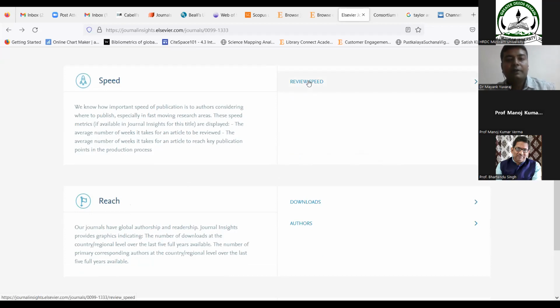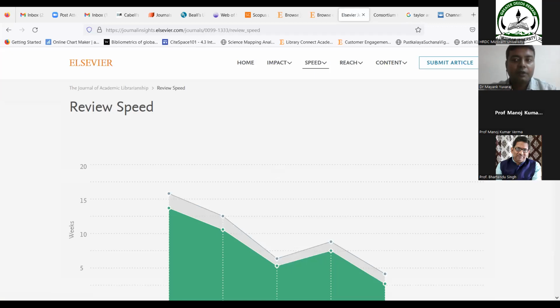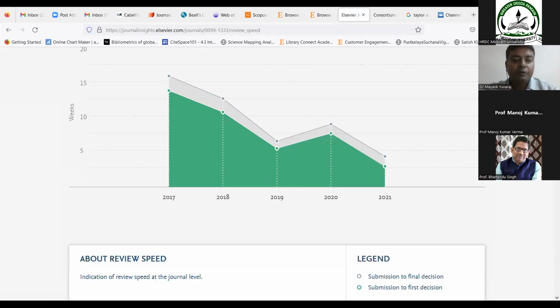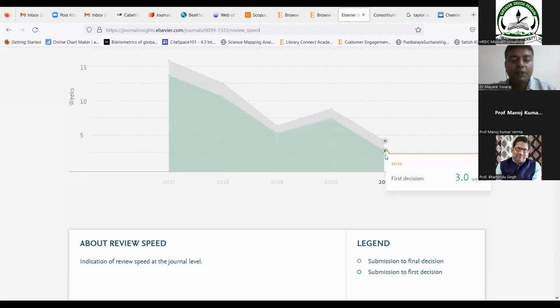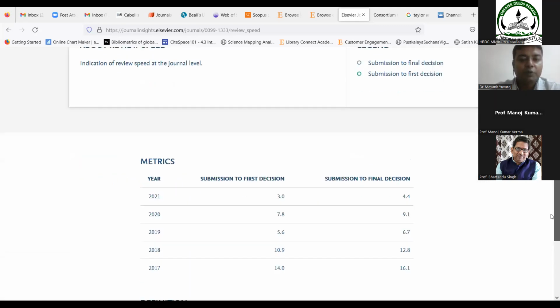Speed is there too. You can click on it and see how much time it takes in peer review. The details are available by year. You can see that in 2021, the average time taken for the first decision was 3 weeks, and the average time for the final decision was 4.4 weeks. So these are some crucial information.